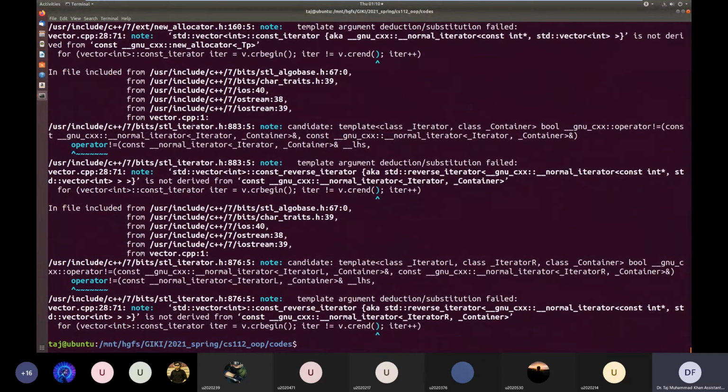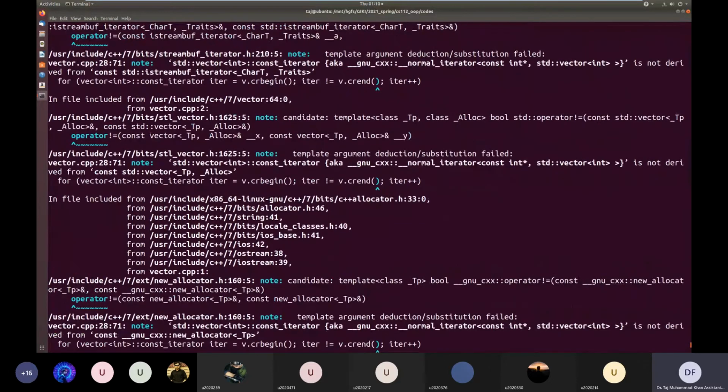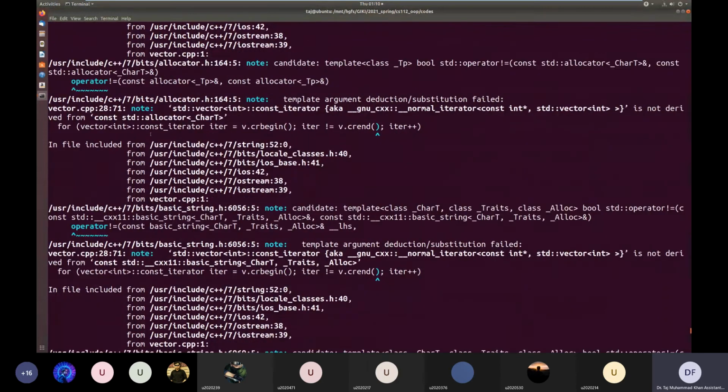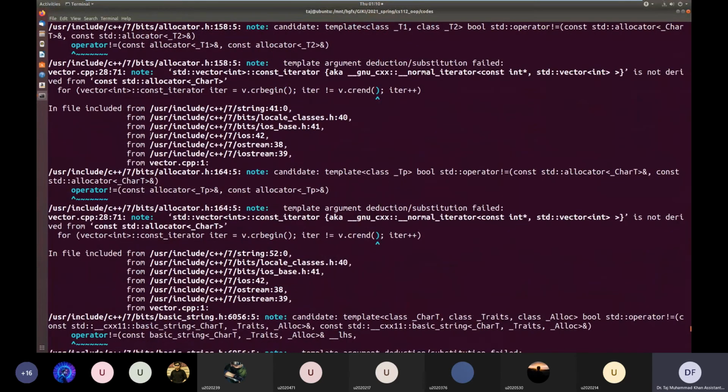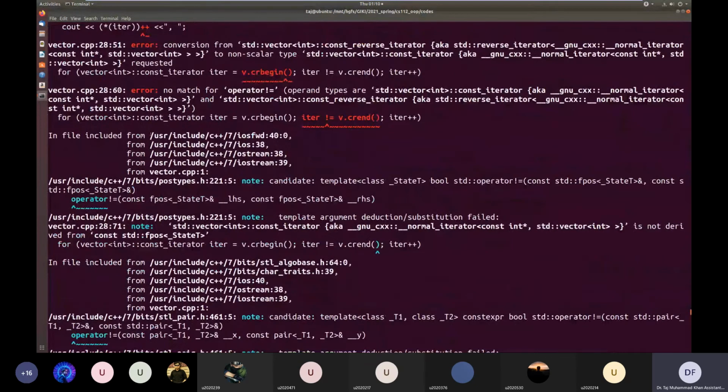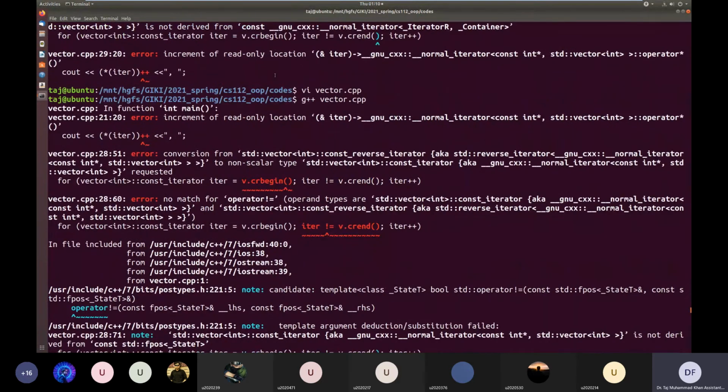But now, operator not equals to... no, but for operator not equal to crend, and plus plus, we just remove plus plus.